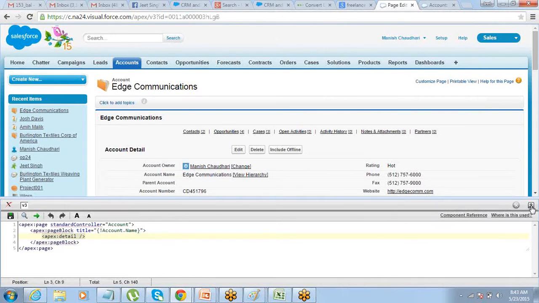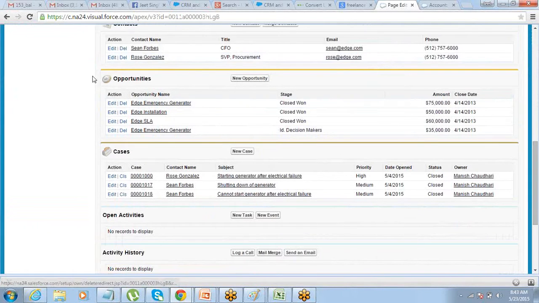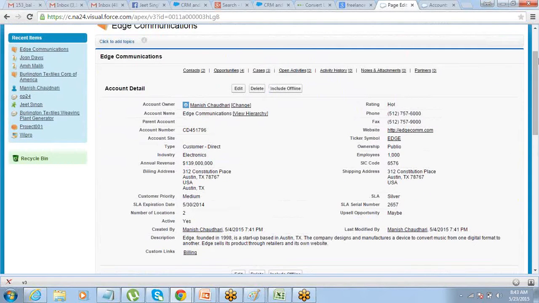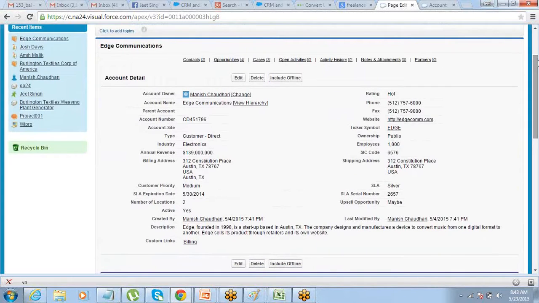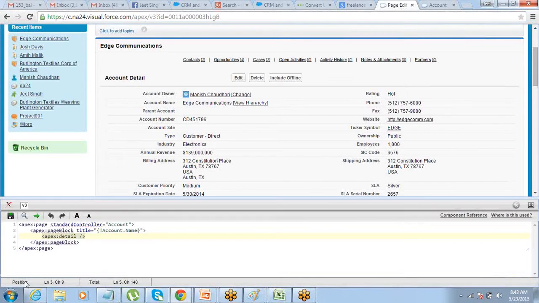All right. Now for this apex detail component, you would see that it comes up with the related lists. These related lists are here, right? What is a related list? A list of child records. We have seen this in page layout also, right? Now it comes along with the related list. In case I want the details only, not the related list, then all that you have to do is say related list equals false. Save it.